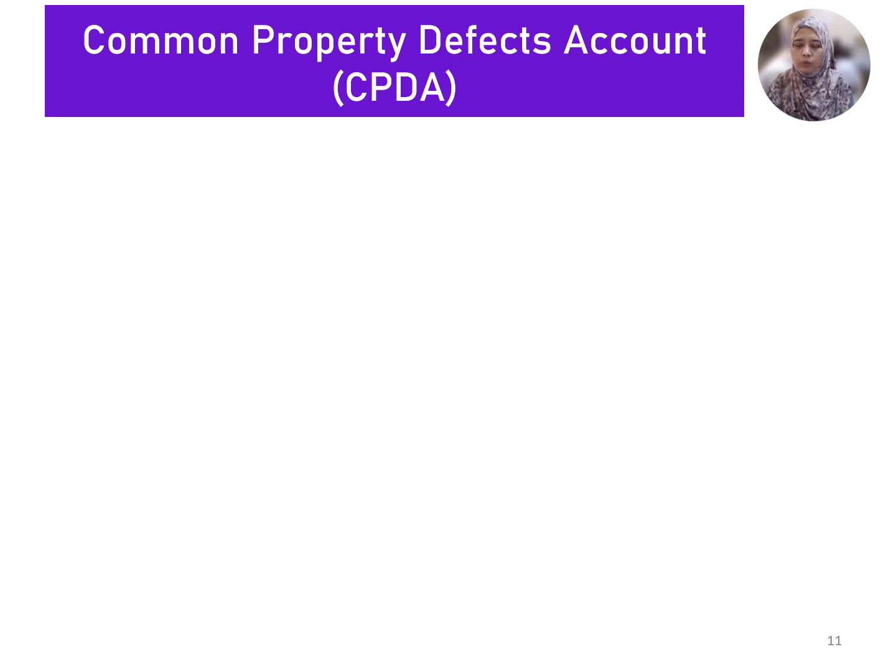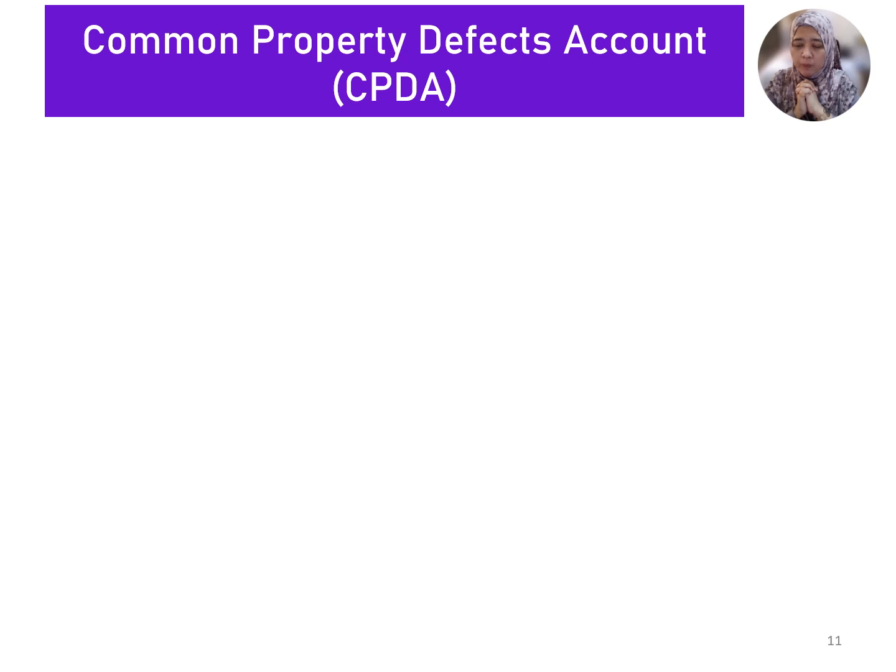Okay, one way to ensure proper maintenance and management by the developer during DMP and PMP is by creating what is called Common Property Defects Account, CPDA. So CPDA ni is an account created yang mewajibkan developers to deposit a certain amount of money, and then that money inside the account can be used to claim against the repairs for the common property kalau ada defect during the